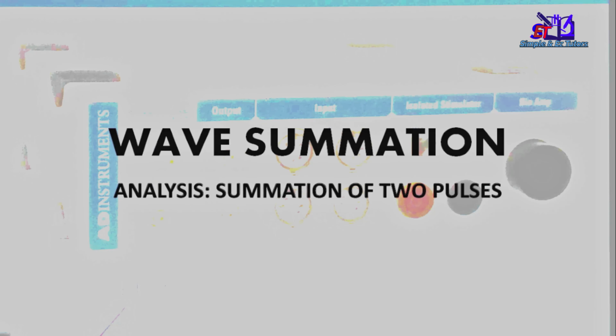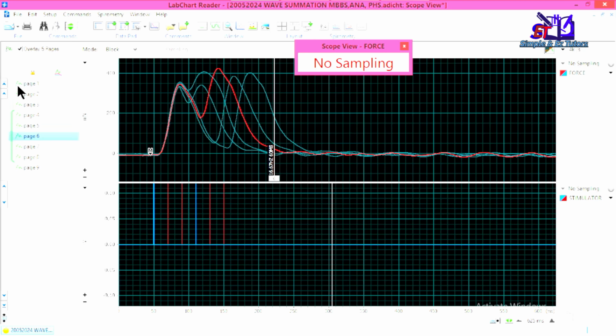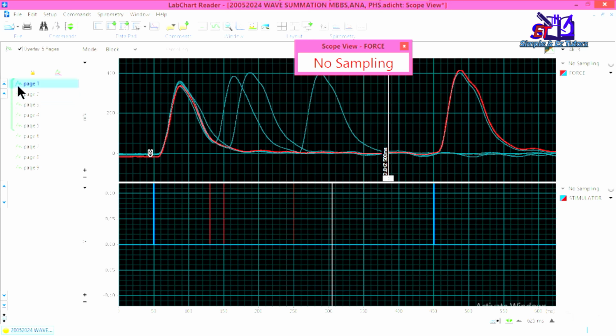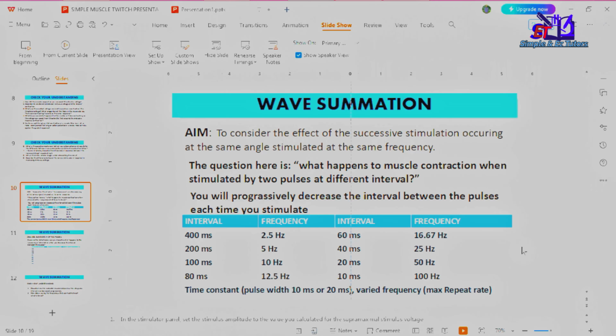Summation of two pulses. We progressively decrease the interval between the pulses each time we stimulate. So we are going to measure the force of contraction of the first and second responses in millinewton and use the value to describe what happens to the frequency of stimulation when we decrease the interval between pulses. We are determining the effect of two successive stimulations on the nerve and muscle, and we use these intervals or